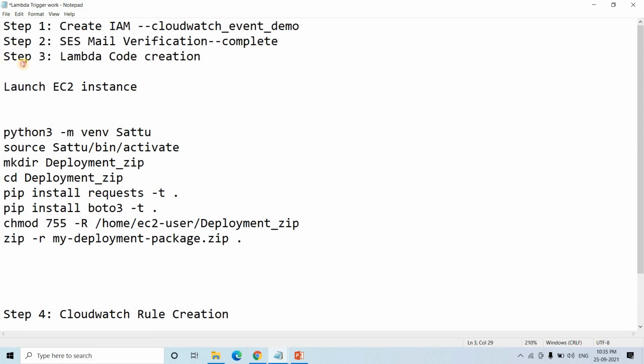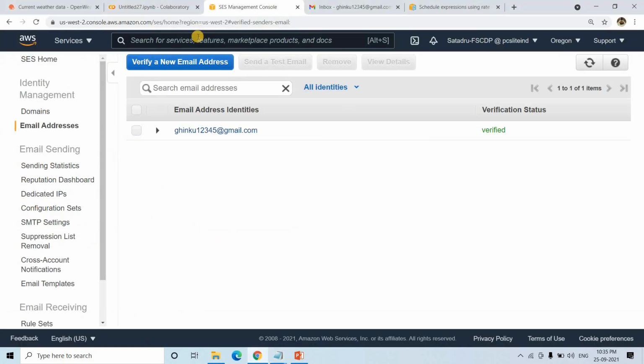Now step 3 is Lambda code creation. Now Lambda code we have already created, but we need to package it up. So for that, I will launch one EC2 instance, and there I will install the dependent Python packages, and then that I will be using for zipping it up. Okay. So let me go to EC2